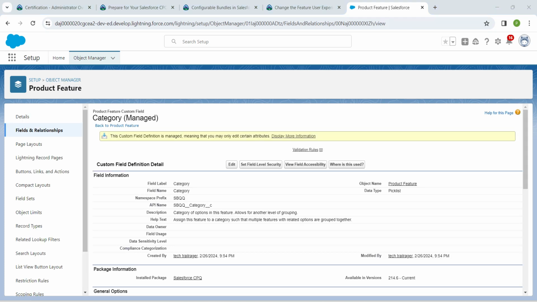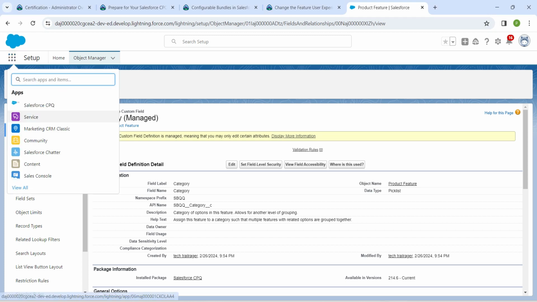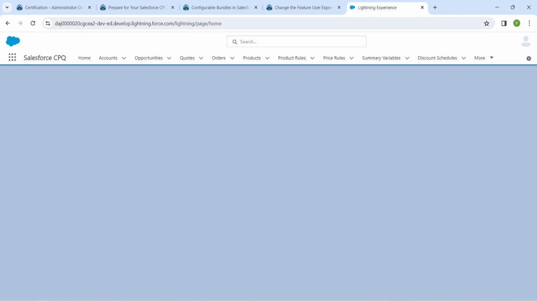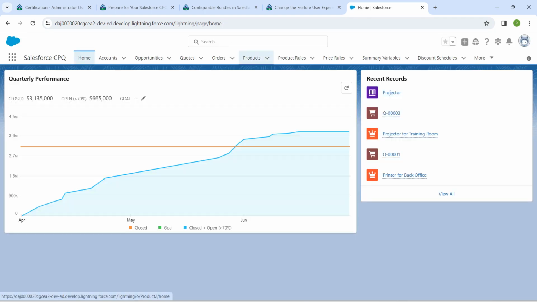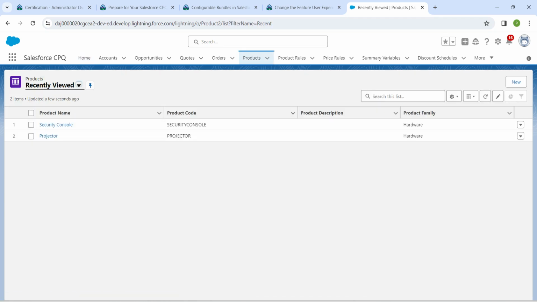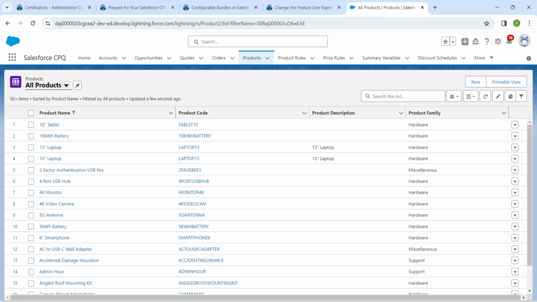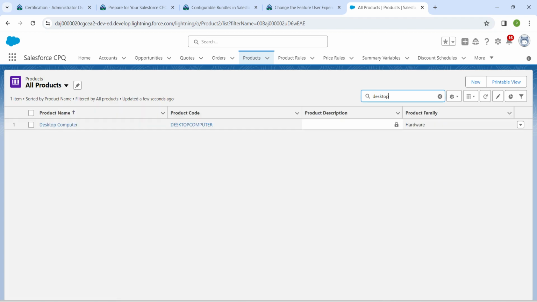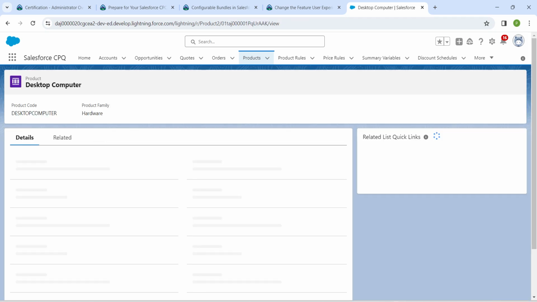So guys, now I'm just going to click on app launcher followed by Salesforce CPQ. It is mandatory that you complete your first challenge in order to get this. Now click on products. So once you click on products, go to all products, and here in search list I'm just going to search for desktop followed by enter. So once you get this result as desktop computer, just click on it, and